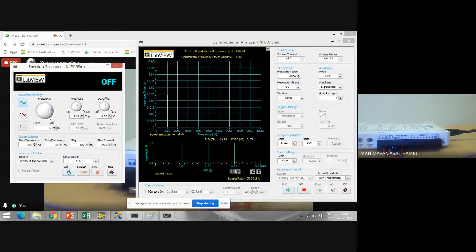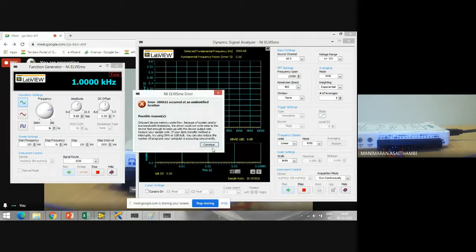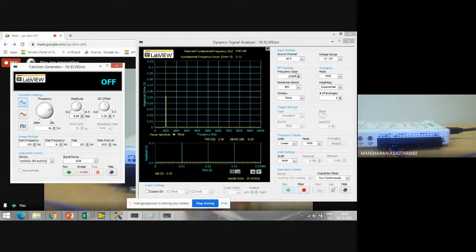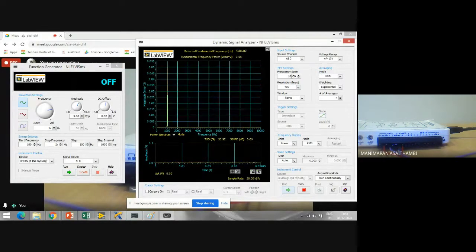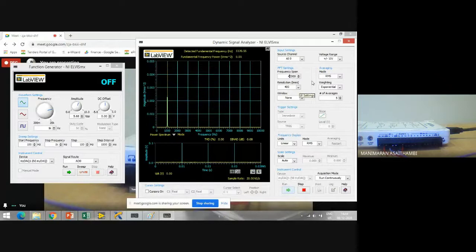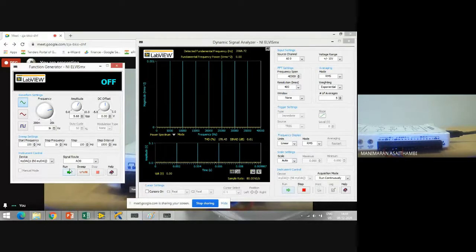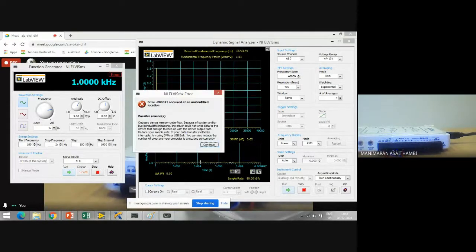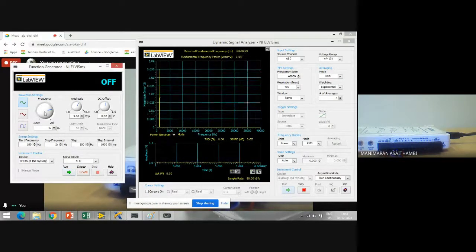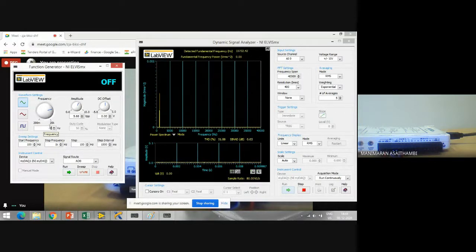It's continuously running my data. Okay, I have to take more number of samples there. So I make it 40K. Okay, I'll go for a higher one, 20.